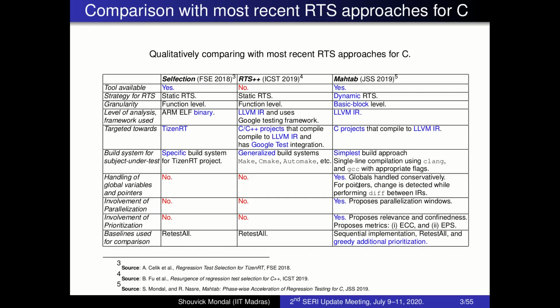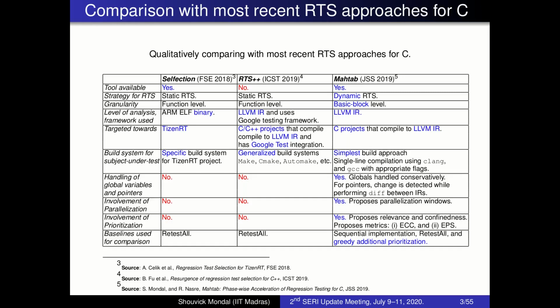For prioritization, we have a new heuristic, relevance and confinedness, and we also propose two metrics. ECC is the effectiveness of change coverage, which quantifies the rate at which the change is covered. EPS is epsilon, the similarity to optimal prioritization.